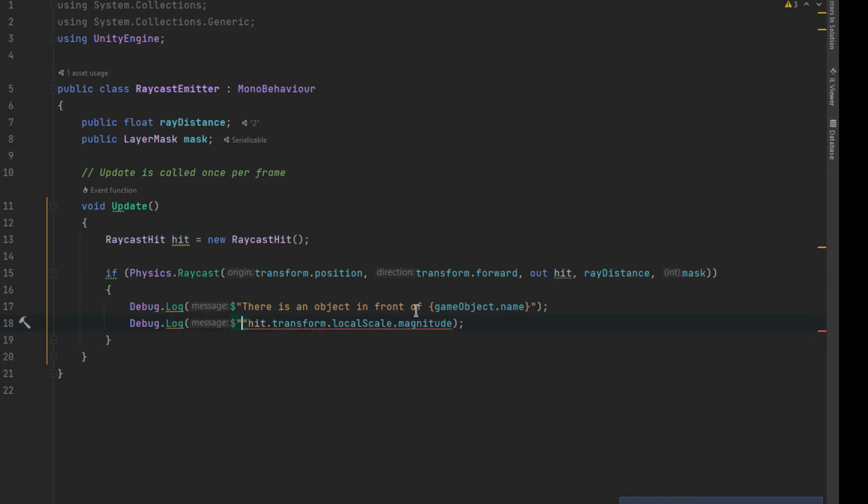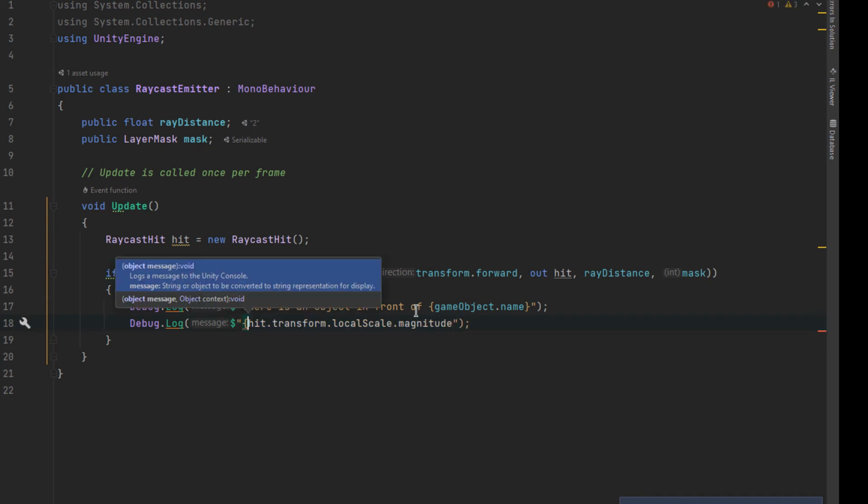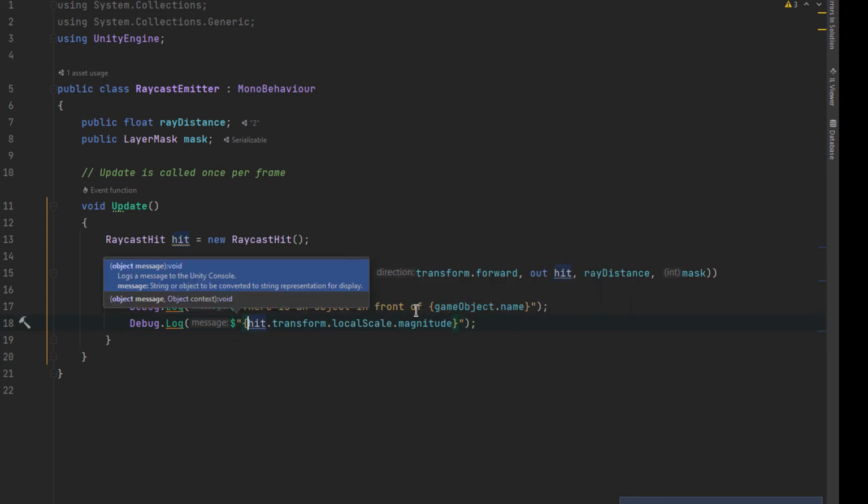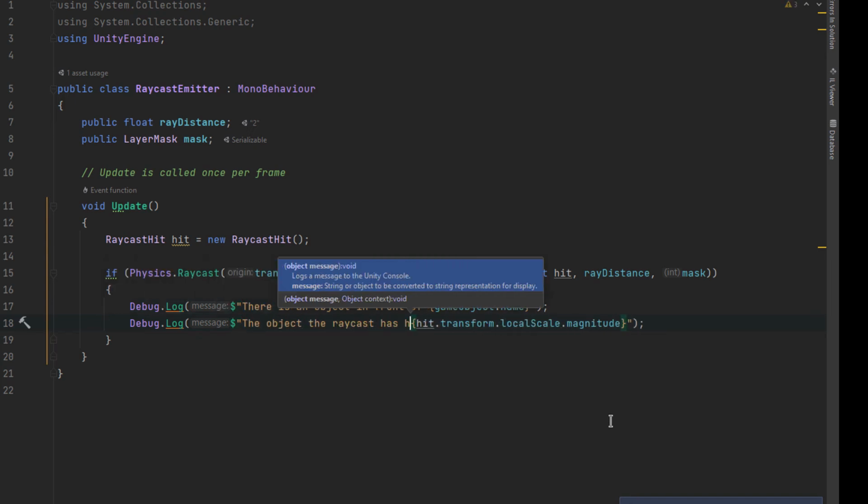We're gonna put the little dollar sign, and we're gonna be closing this over here. Okay, the dollar sign allows us to put curly brackets and enclose variables inside our string. It's nothing different than calling string.Concat as a function, or putting the plus sign and then the variable. It just comes in handy because we can now write things like the object the Raycast has hit is of